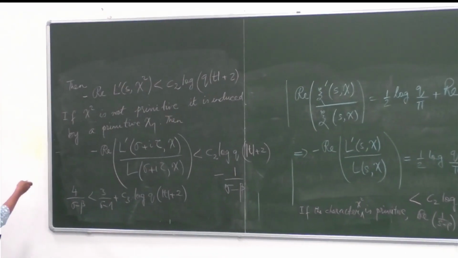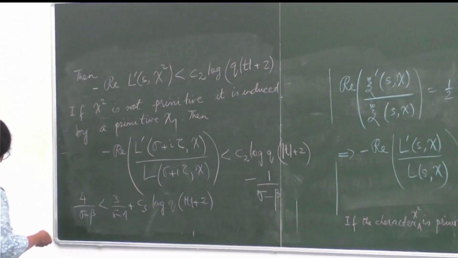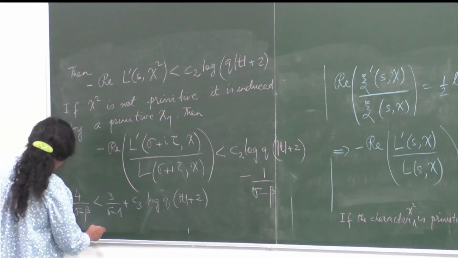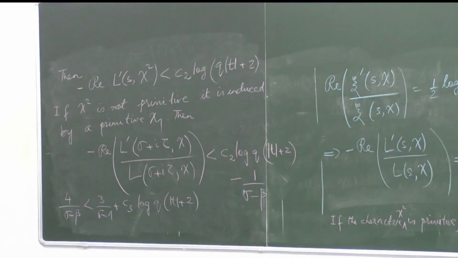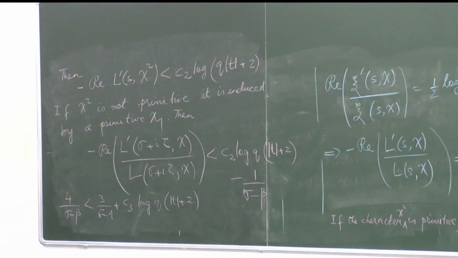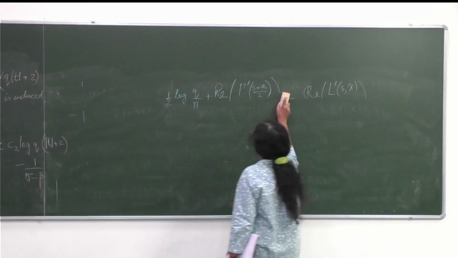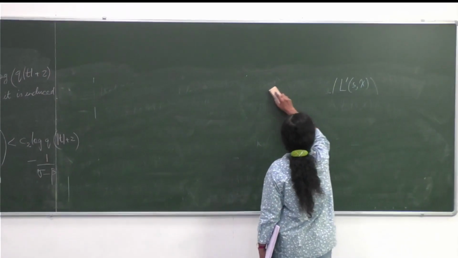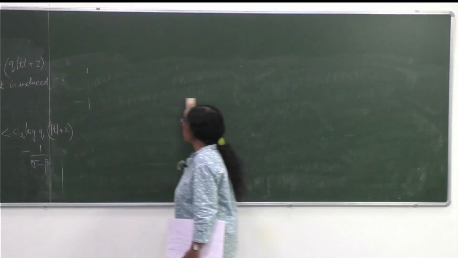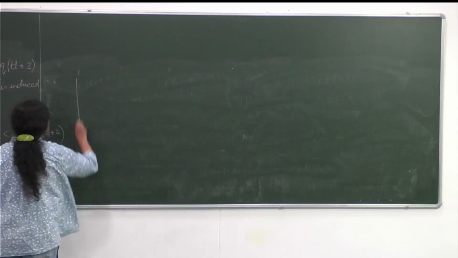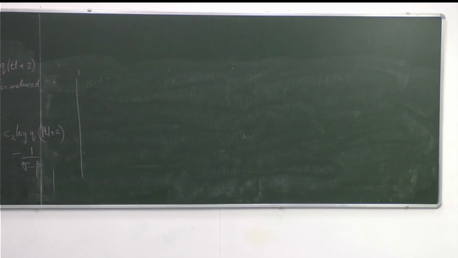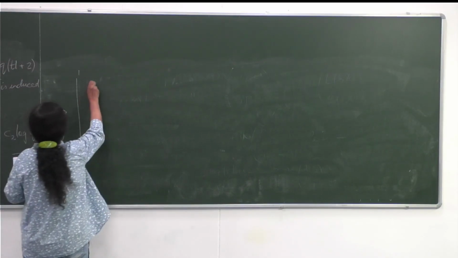It didn't have to be 4, it could have been something else. But the point is, I want a good sigma, so I take my sigma. What do you want to choose sigma to be? Sigma has to be greater than 1, remember? So choose it to be here